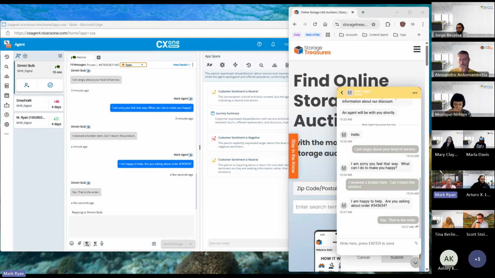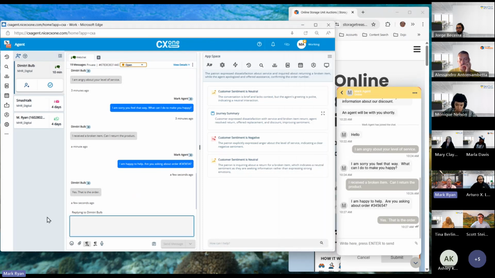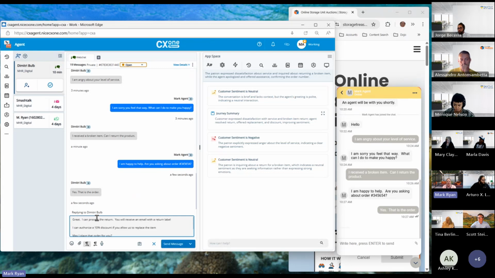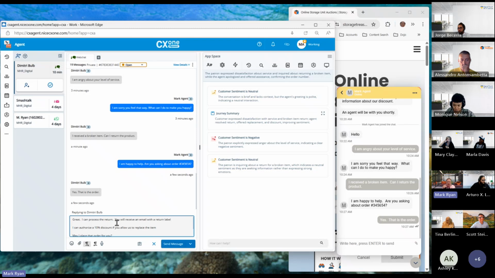is that the agent would say, okay, here's what I can do for you. How about, and again, this is not something that bots necessarily do. This is why we escalated. Agents can say, all right, how about if I process the return, we'll get you an email. And if you reorder, because the thing arrived broken, right? That's part of the return, a broken item. We'll give you a 10% discount. And remember, they asked about a discount. So we're going to address both of those concerns with this one message, and the agent's authorized to do this